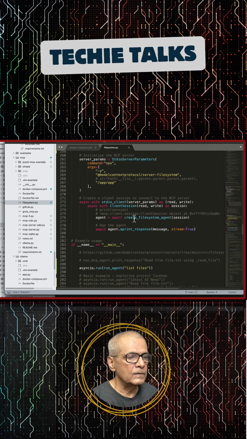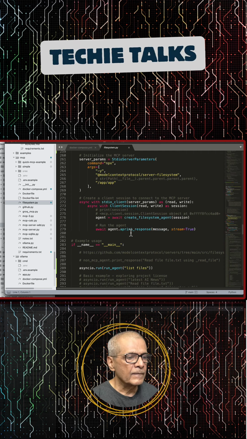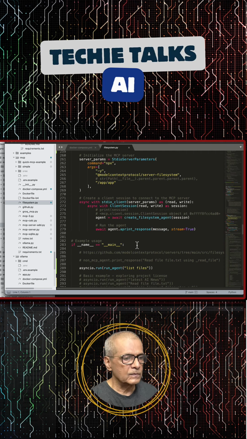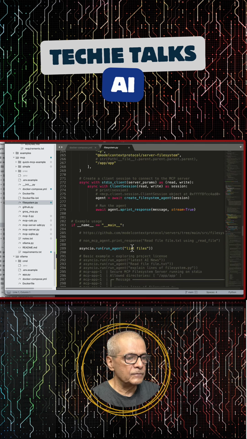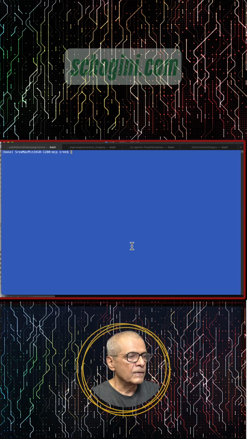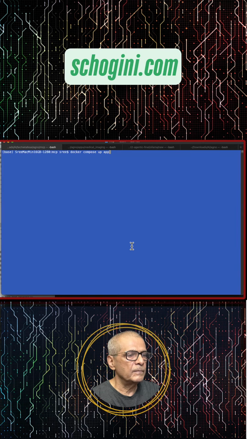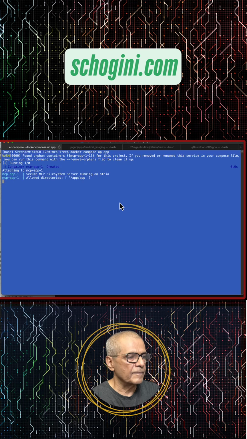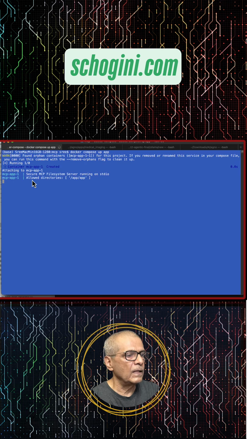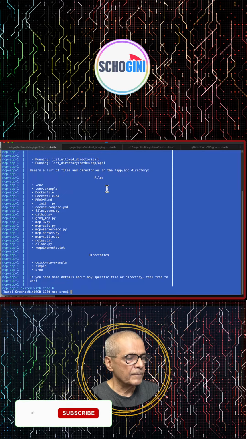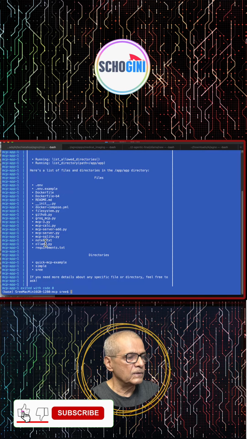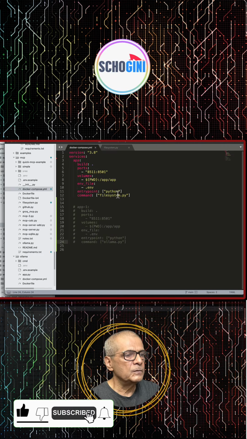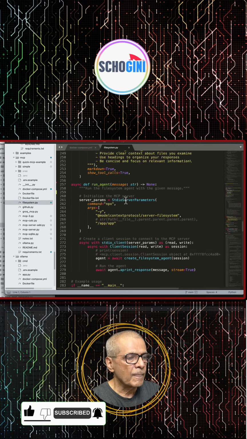It is calling the file system agent and then printing the results. So that is it. Let's see if it's able to list files. For that, all you need to do is docker compose up app. That will run this section. See, it is showing allowed directories app, and it is listing out the files in there. And where do we specify the allowed directories? See here,